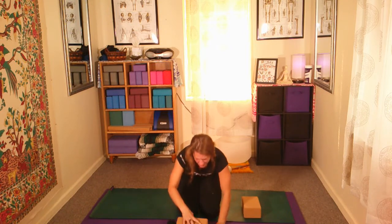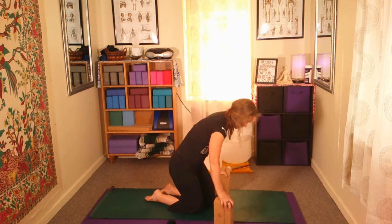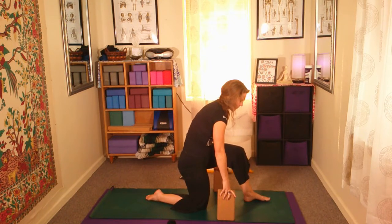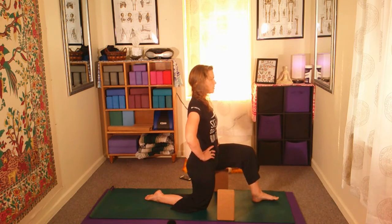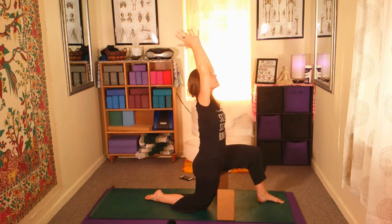Bring yourself back to center. We're going to go to the other side now, and we're going to have those blocks as our guides. And we're going to bring that left foot forward, and we're going to bring ourselves into a crescent lunge. Inhale the arms up, reaching and stretching, and bring yourself